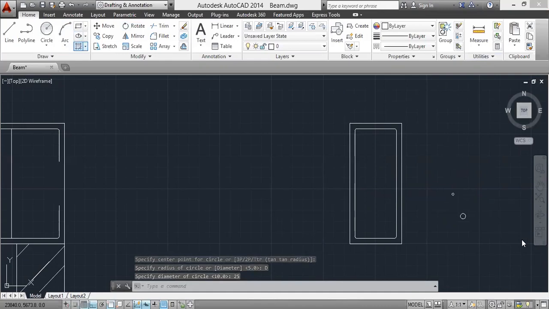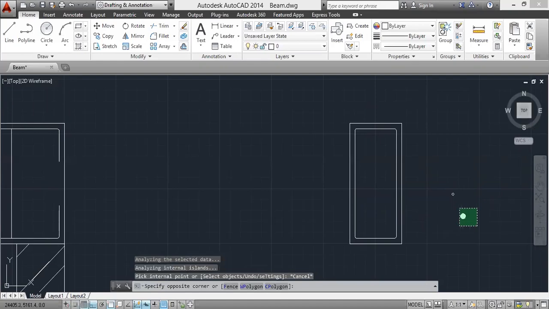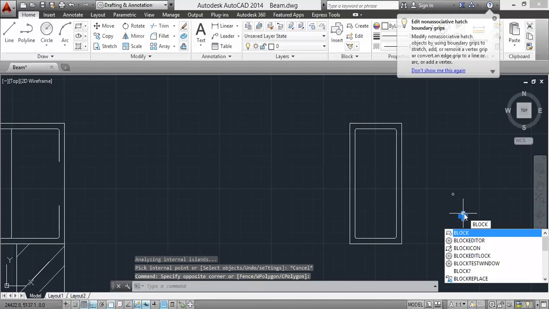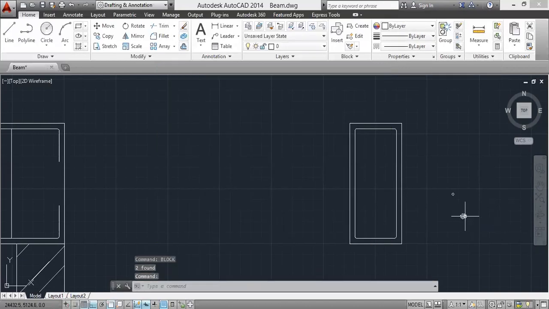Fill it with solid hatch. Okay. Make it a block using the block command. Okay, give the name as dia bar.